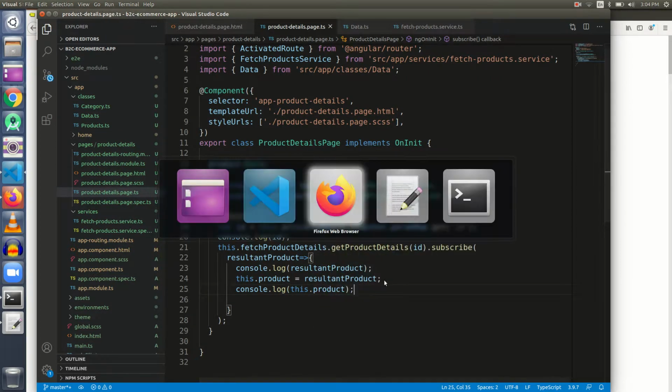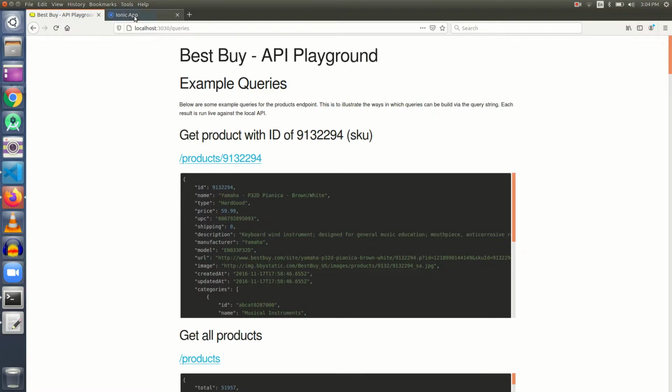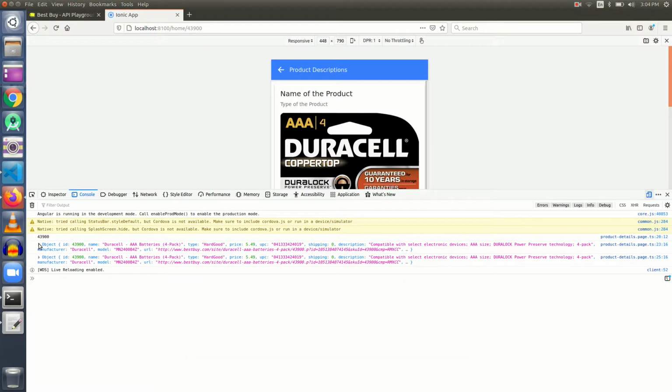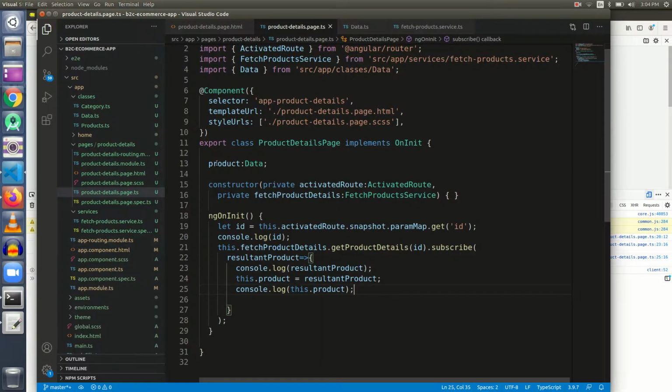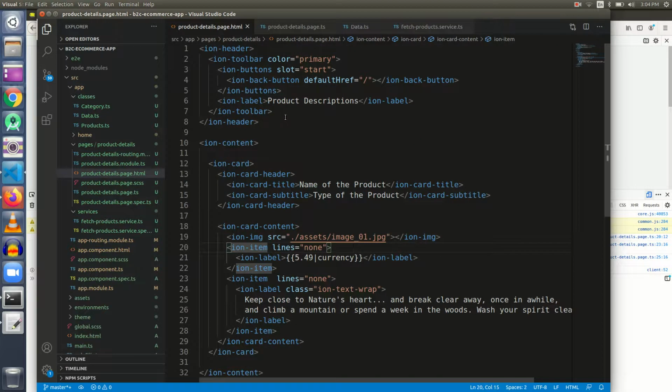If our two objects are similar, then okay guys, this above object is inside the resultant product, and the below object is inside the product. So guys, we have got a variable, and this variable we are going to use inside our card here.